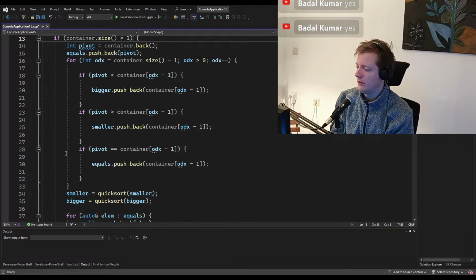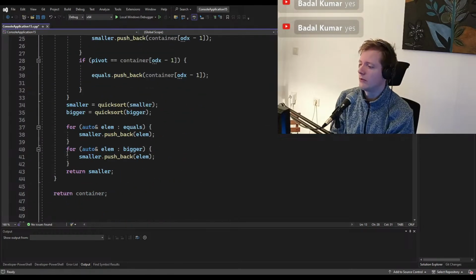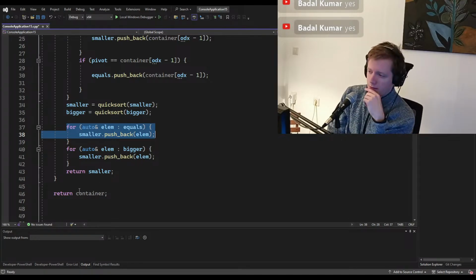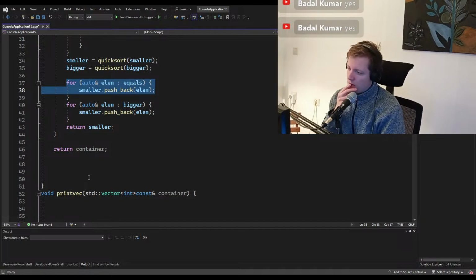Okay, this is cool. Yeah, that makes sense. And then we're just gonna push back element, and then we return smaller. Yeah, you can do it also like this. And then we're gonna return the